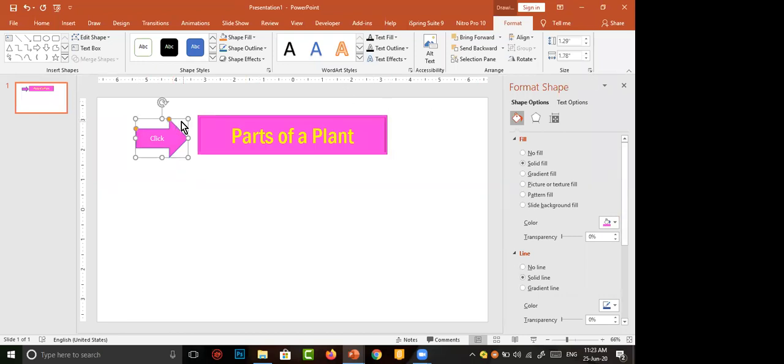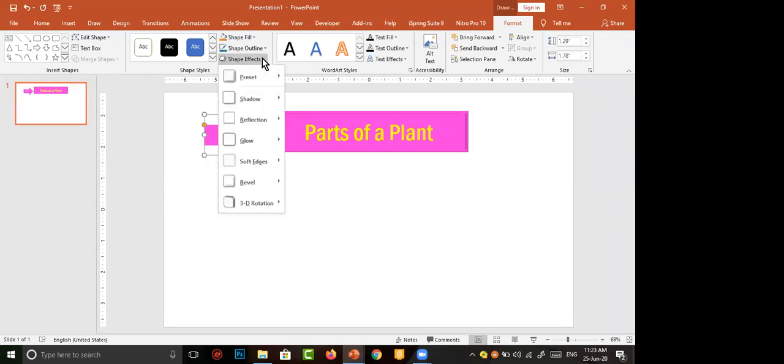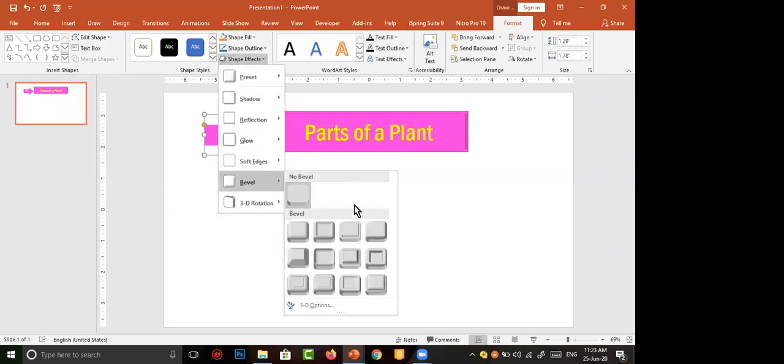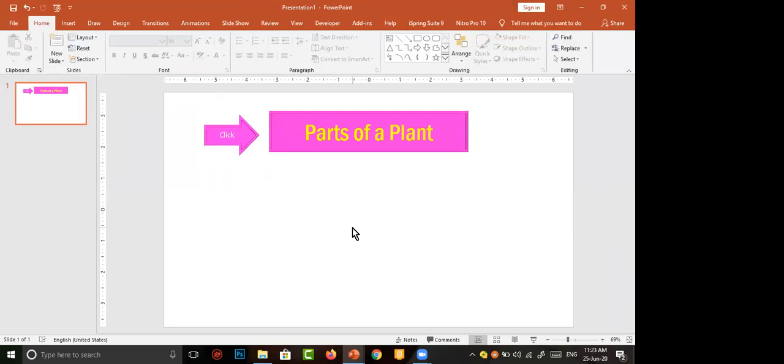Now I'm going to change the line. Here is the line. Here is the color of the line. Apply it. Then I want to move to shape effect. I move to bevel. Apply the same bevel effect. That's all. Okay.